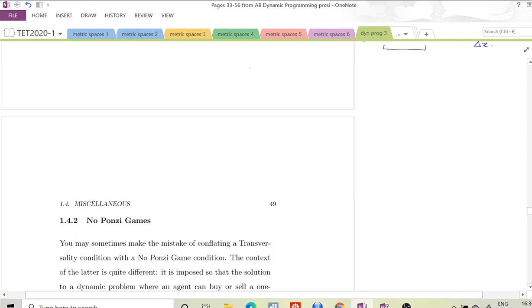So let's say the current state is x naught. I can start at any period t, but let me start at 0 and say the current state x naught is given, right? And this is just a small example. So the decision maker has a choice, say a two-way choice. There are two feasible states, x1 and x prime 1. Okay. And if I choose x1,